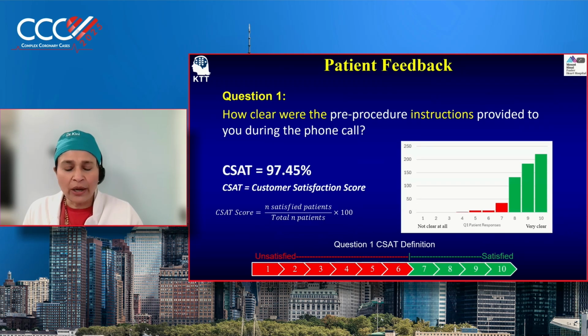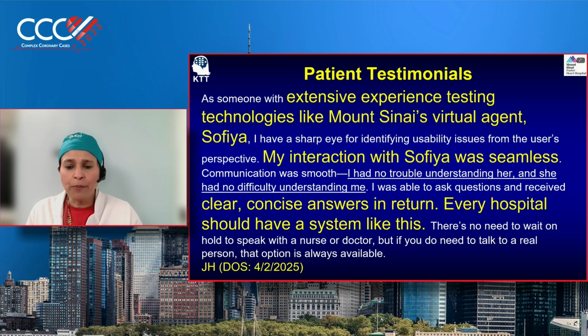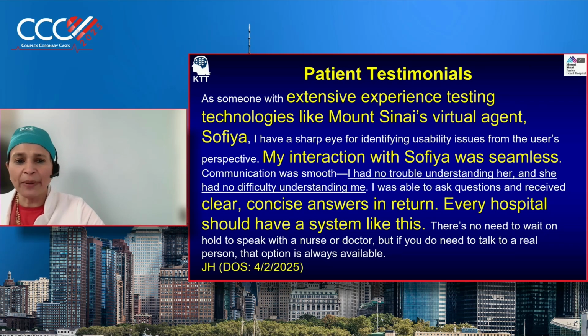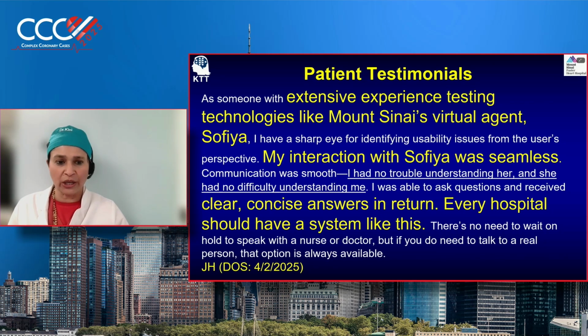So then this is our questionnaire, IRB approved. If you see here is a customer satisfaction score, 8 to 10. Most of the places we got 10. This is the overall score we got from the patient, 94.88%. One of the important testimonials from a patient, who has extensive experience testing technologies, on the Mount Sinai virtual agent, Sophia: